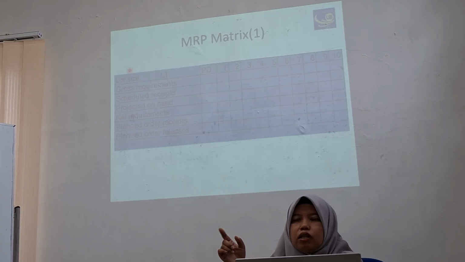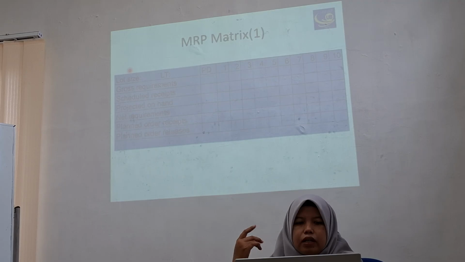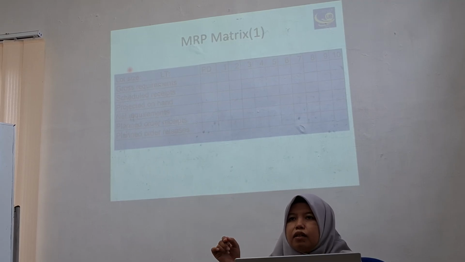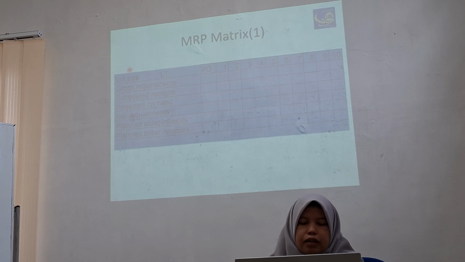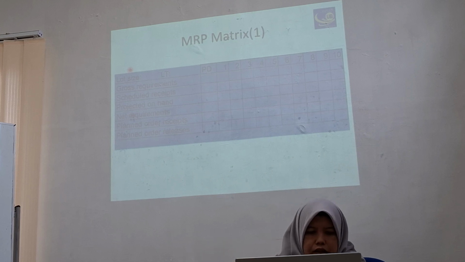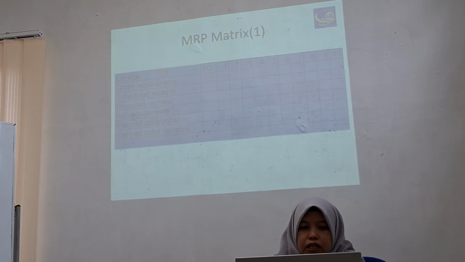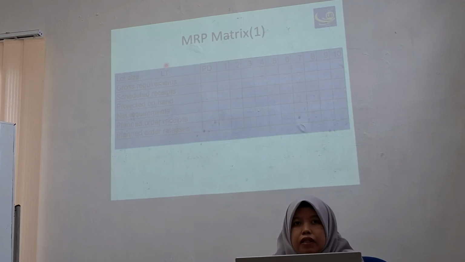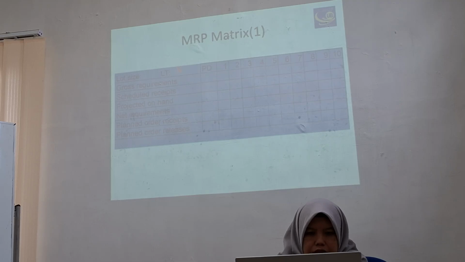Or lot size AOK, so in each order the quantity is the same as the AOK calculation. It is about the policy for each product. For the second, there is information about lead time. What is the lead time? The time it takes from placing an order until we receive the order. It is the most important information.